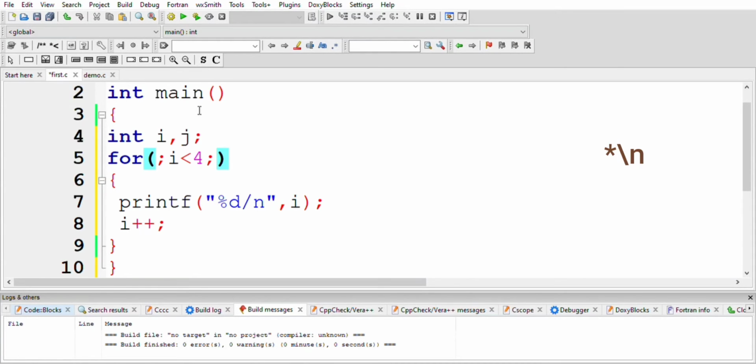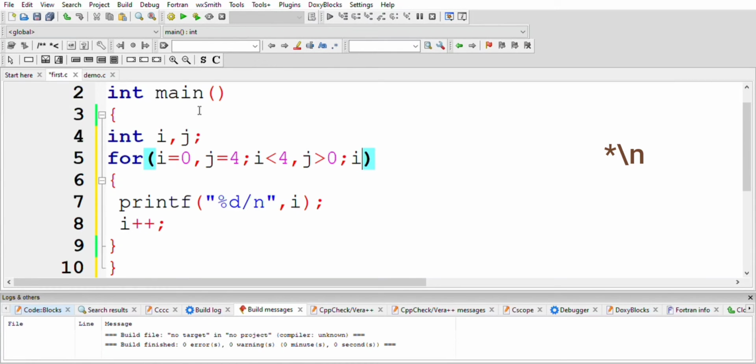So I equal to 0, and let us assume j equal to 4. So that is two initializations. Then I use two conditions, i less than 4 and j greater than 0.